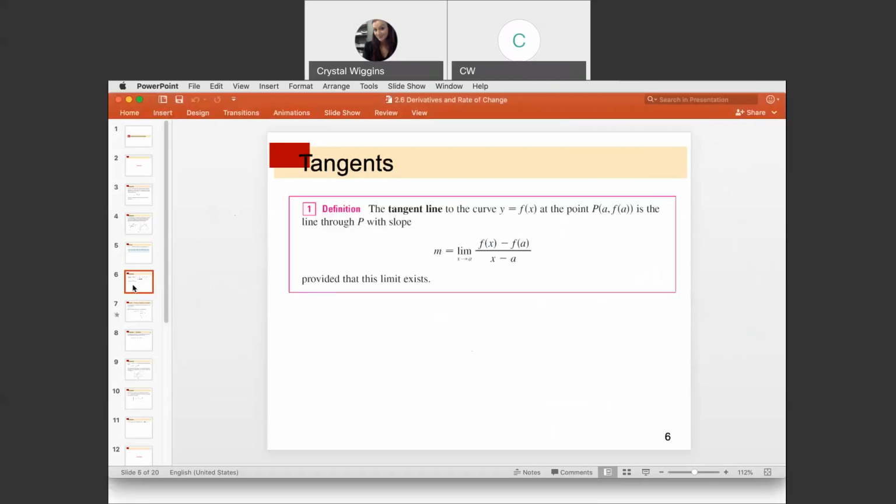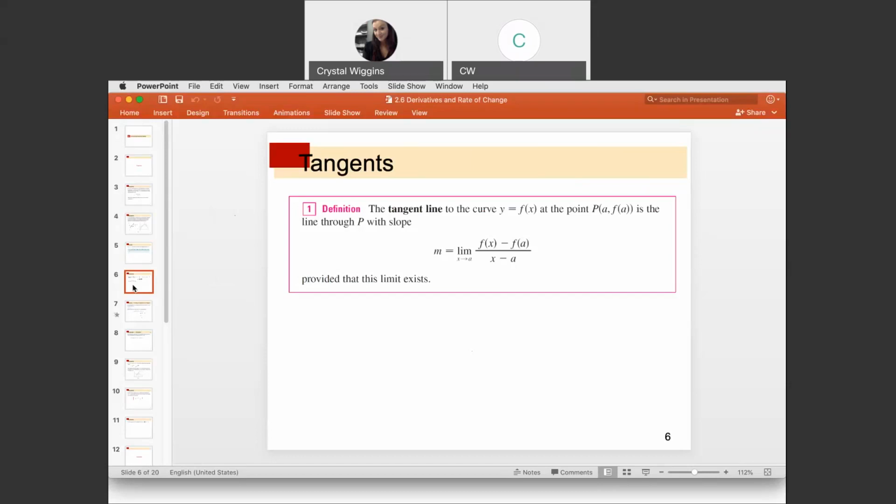Using this definition to find the slope of a tangent line using limits allows us to go from that analytical approach, which is quite time-consuming, to something a little bit easier to streamline. So the definition states that the slope of the tangent line can be found by taking the limit as x approaches a. Notice no direction is indicated, meaning you have to take a look at the left limit and the right limit and make sure that they're the same, of the function minus the function at the specific value a,